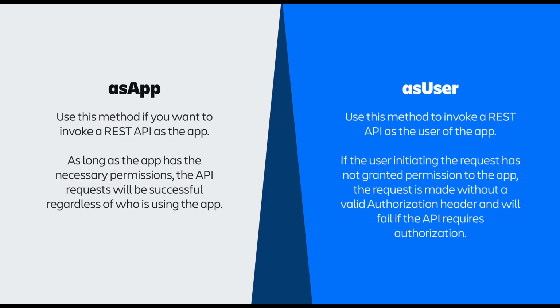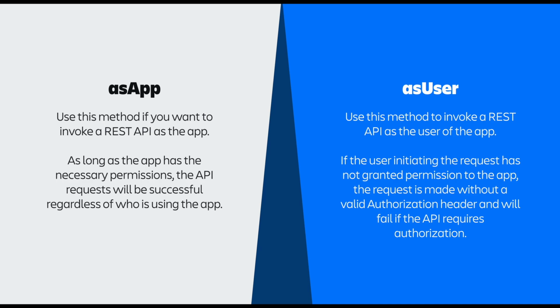However, you have to be cautious, as any user can trigger a successful API call since the app action is authenticated as the app. On the other hand, as user invokes a REST API as a user who is interacting with the app. This means that the REST API call will only be successful if the user has necessary permissions